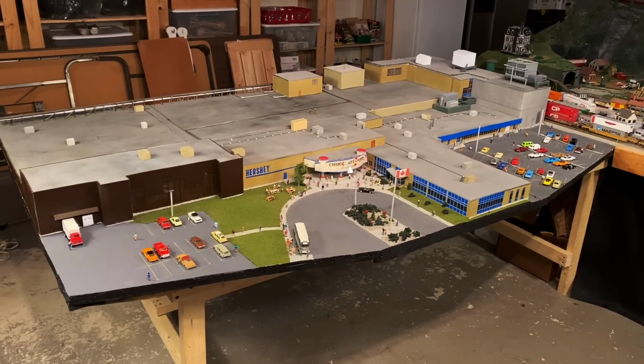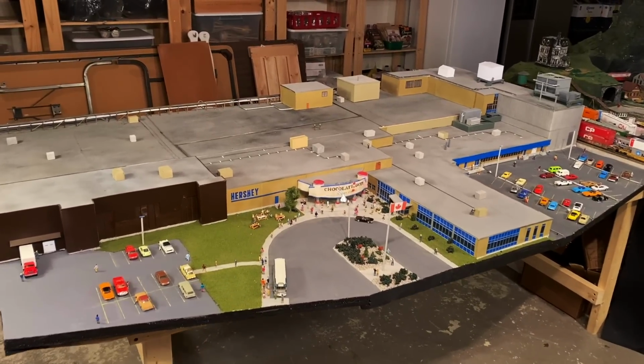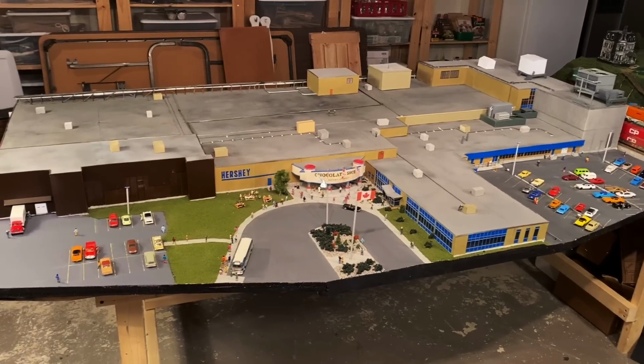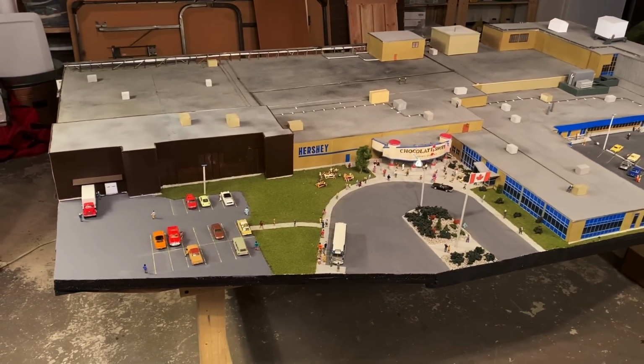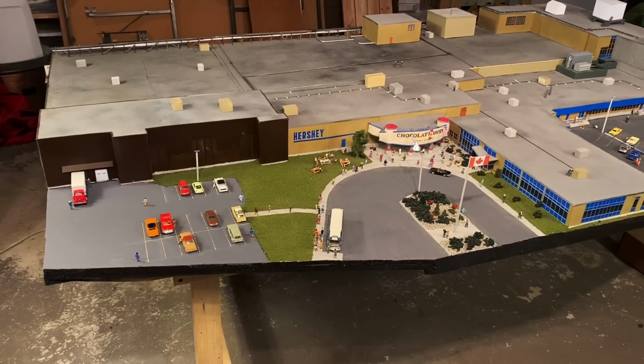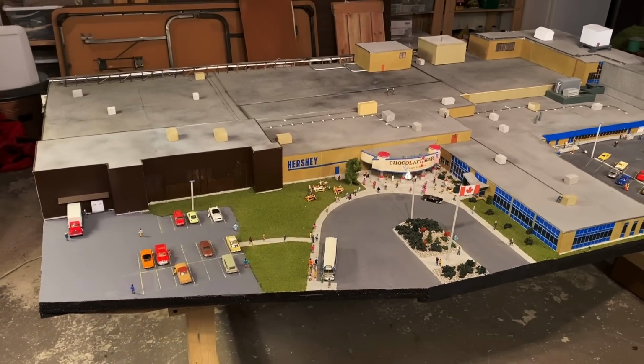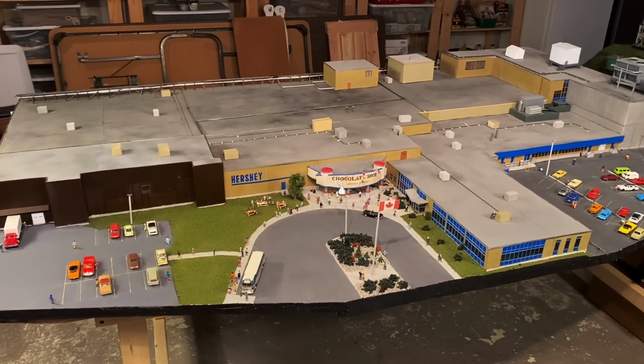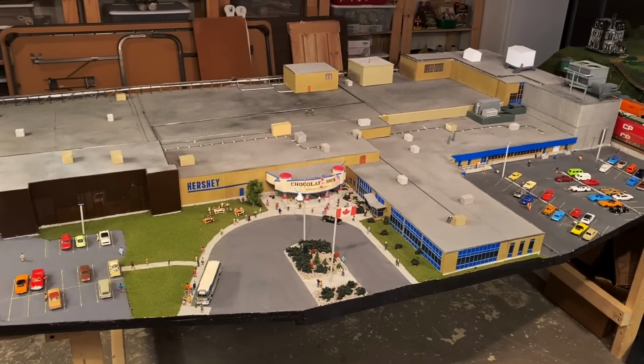Well, folks, I'm pleased to announce the completion of my 1/87th scale model of the Smith Falls Hershey factory. This is a project which has been in development now for nearly 5 years, and I can't tell you how happy it makes me to finally see this place complete. It did end up taking about 2 more years than I expected, as it was a pretty big project,